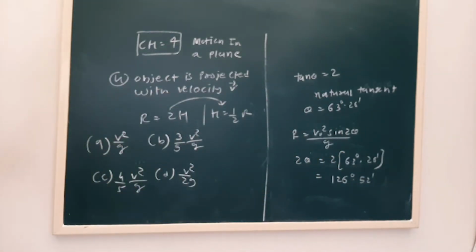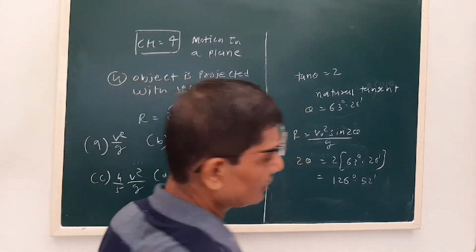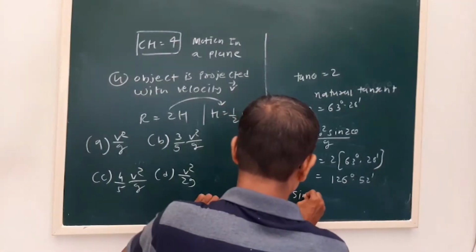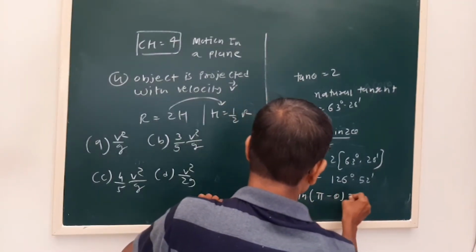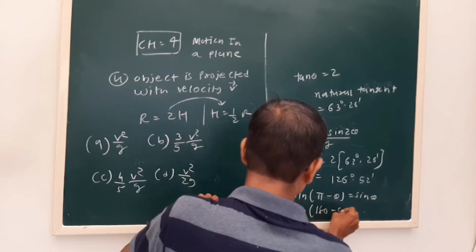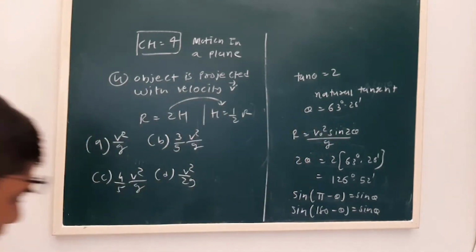Now we have to convert it to an angle less than 90 degree. We know very well sine 180 minus theta is sine theta. So 180 minus